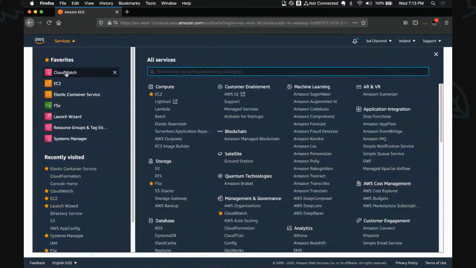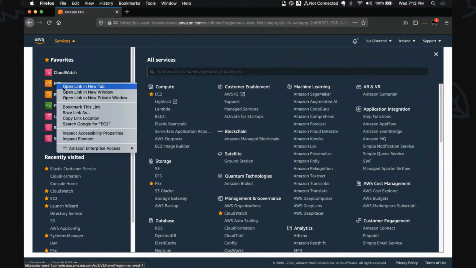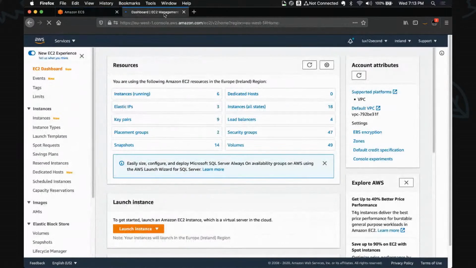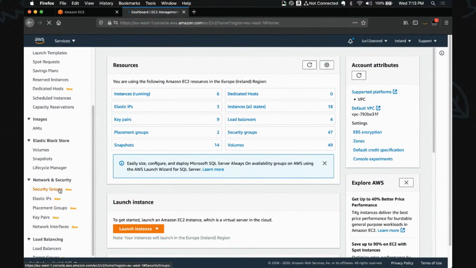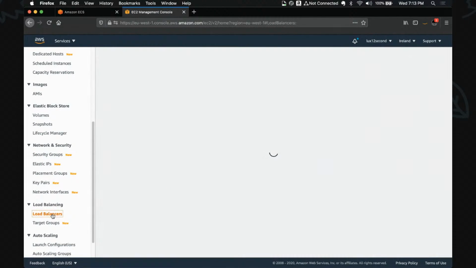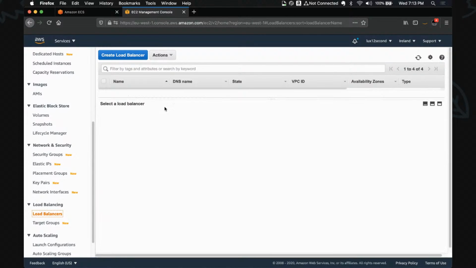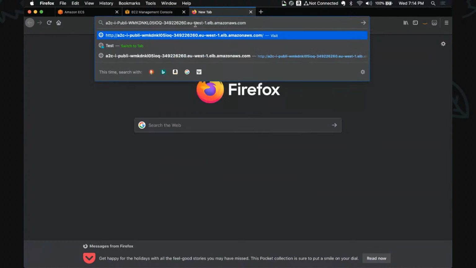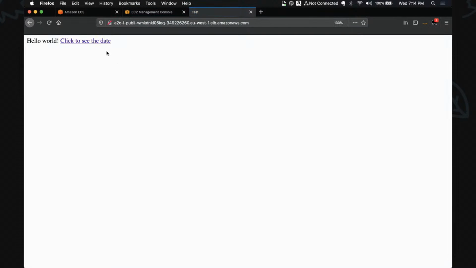So let's try to access it. The tool created a load balancer for me and positioned it in front of this application. I'm going to the EC2 console where I can see my load balancers. And after some turns, I see that this is the load balancer created by this stack. Everything is automated. I just ran that stack, and everything is created for me in 15 minutes. So I copied the DNS name of that load balancer. You remember the application, my very simple application. It works.